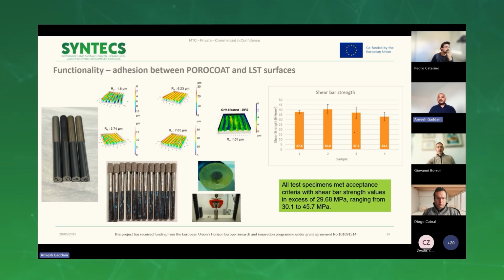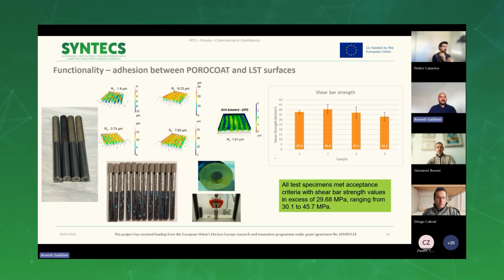In all the roughness cases, what we understood is that the specimens met acceptance criteria, where the minimum shear strength has to be 29 megapascal, and the laser surface texturing has resulted in more than this particular